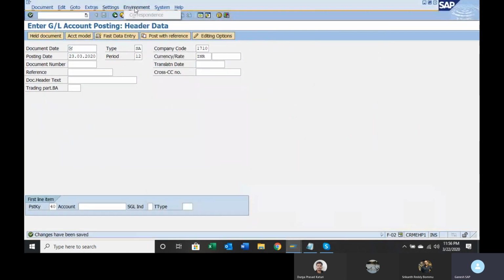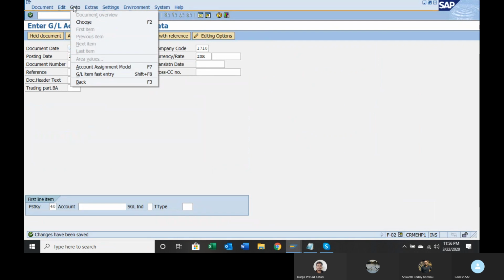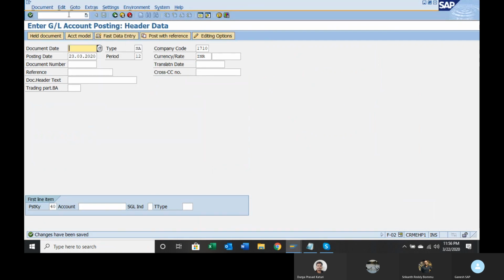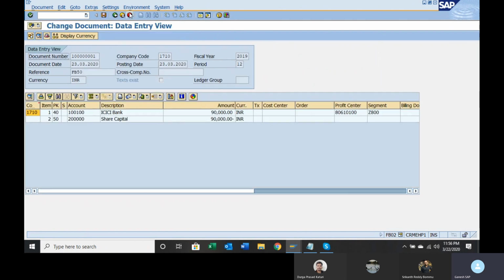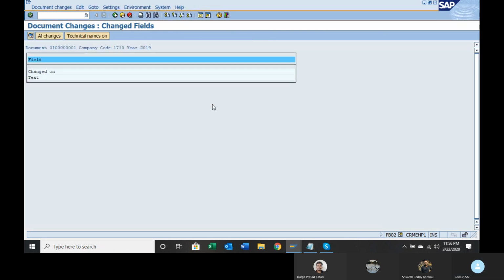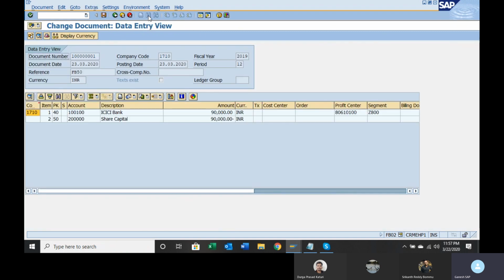So you can go here, document, change. Go to environment, click on document changes. So you can see which field has been changed. Okay, so text has been changed. So you can track all the changes made after posting the document also. Okay.